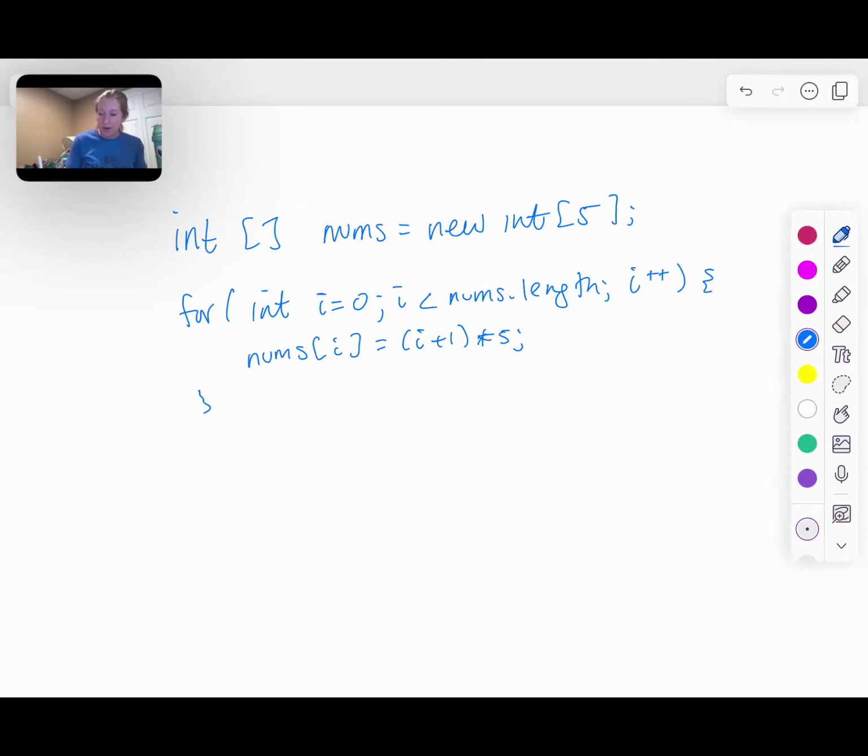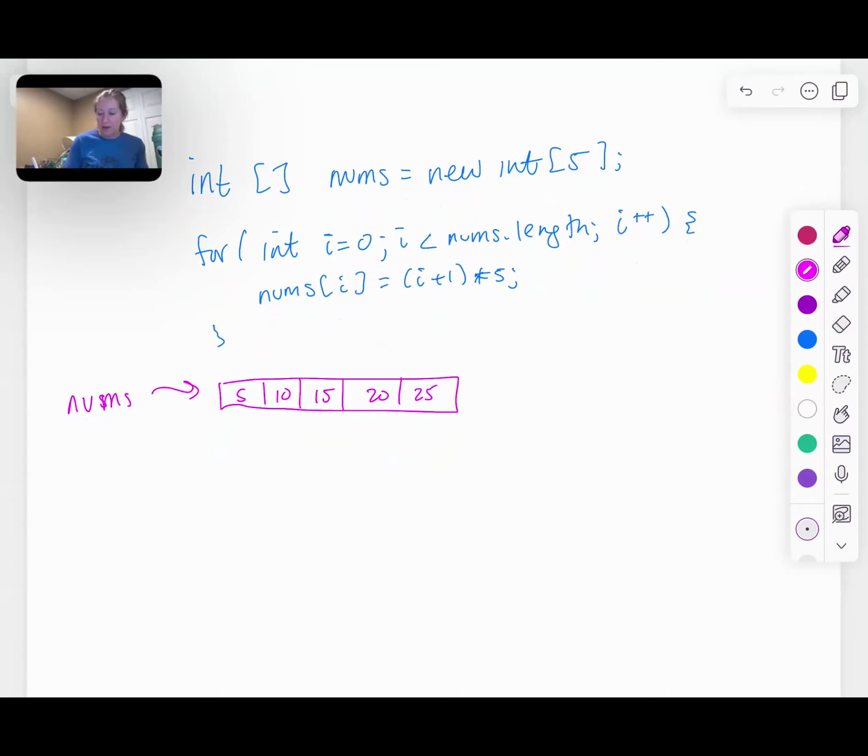At this point, I can say that nums is pointing to a storage with these values. Now, if I were to say on another line of code, for example, int array nums copy equals nums, what happens here is that we think, based on the name especially, that I am copying the array, but I'm not. What I'm really doing is making another